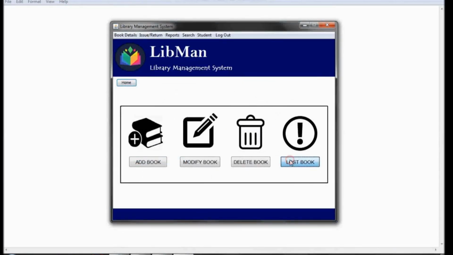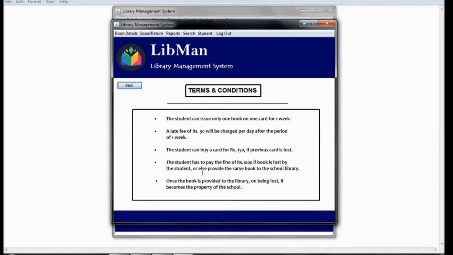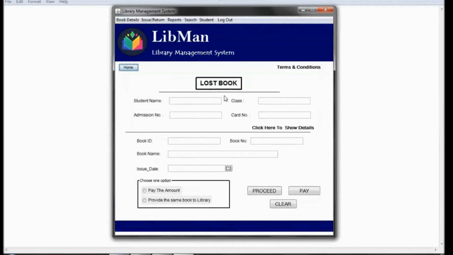So here we come to lost book. So this window is just in case a student loses his book somewhere and is not able to find it. So there are two conditions: he has to pay the fine or else he has to return the same book. So let's go to like